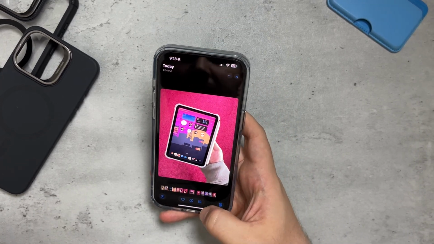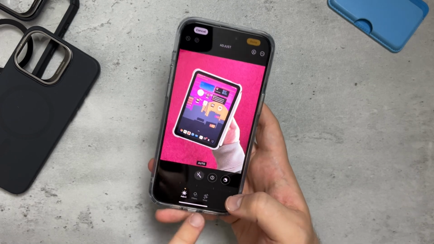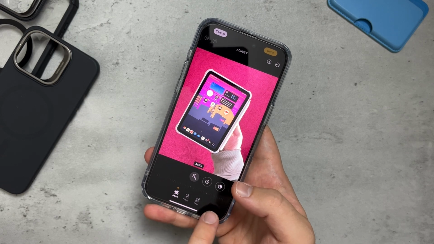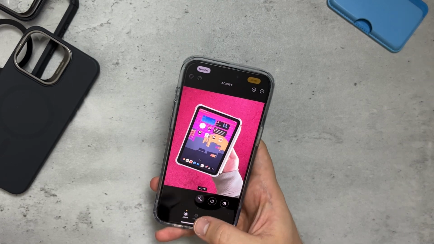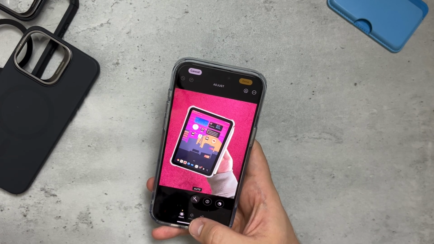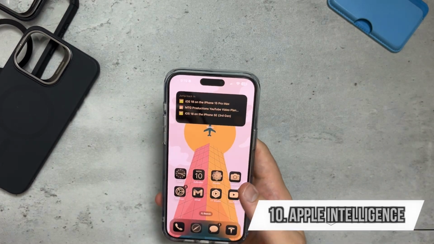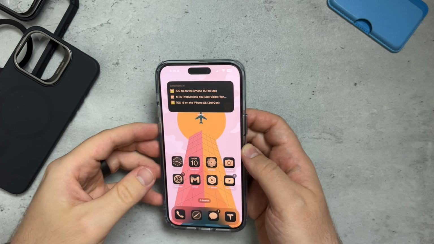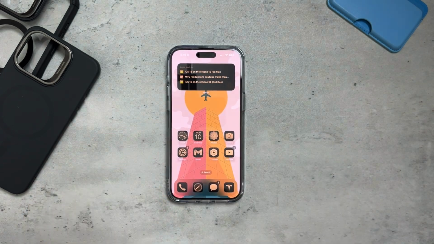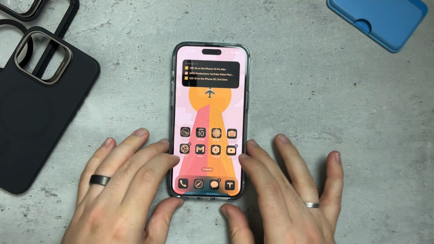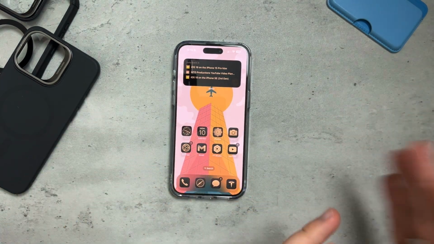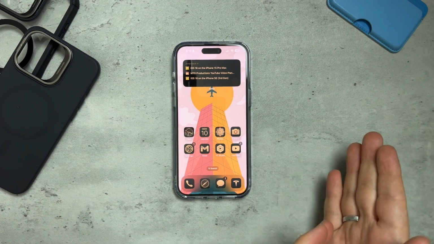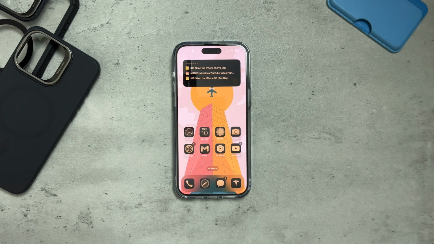There is a new thing, I think it was called cleanup, but right now I don't have that feature. At least maybe if others have it, let me know in the comments down below, but I don't have it. Normally it'll show right here, and it's pretty much Apple's version of the Pixel Magic Eraser. Now, Apple Intelligence is only available on devices with the M1 chip, so M1 iPads and newer, as well as the A17 Pro on the iPhone 15 Pro and Pro Max. So we'll see what happens with the iPhone 16 on what chipset is supported. So again, I'm not gonna speak on behalf, but maybe iPhone 16 may get the A17 Pro or the A18